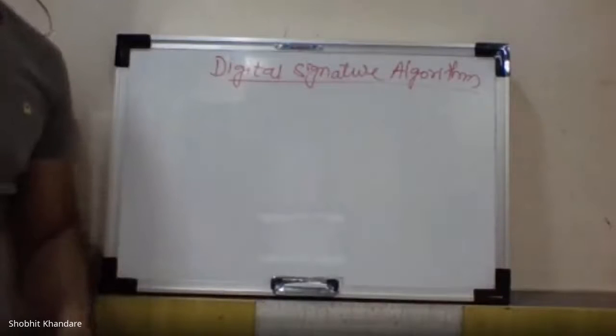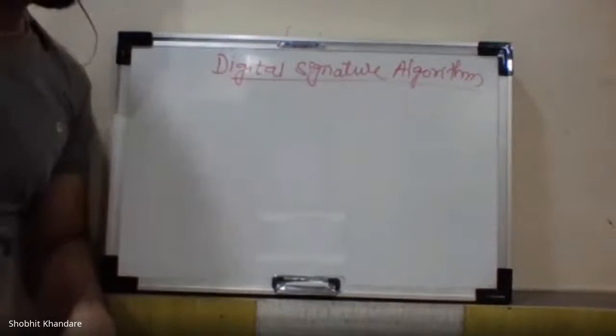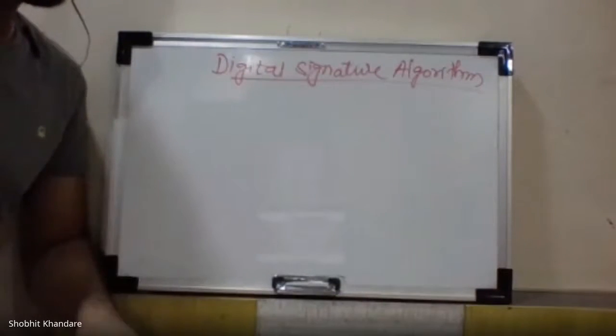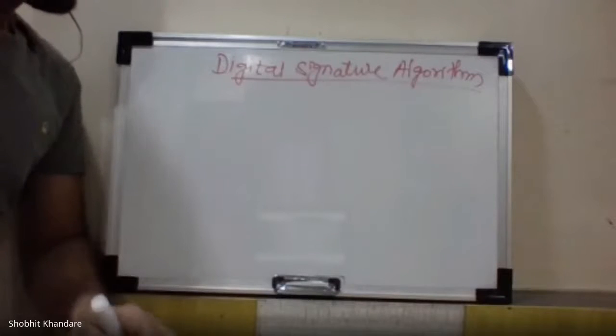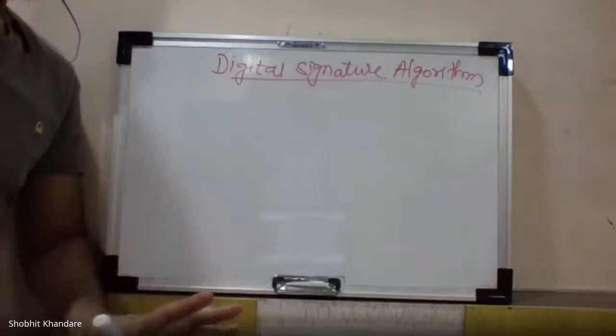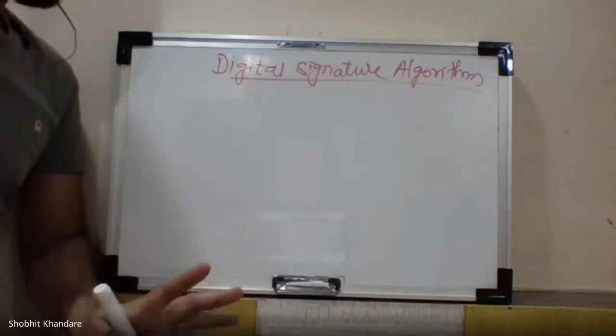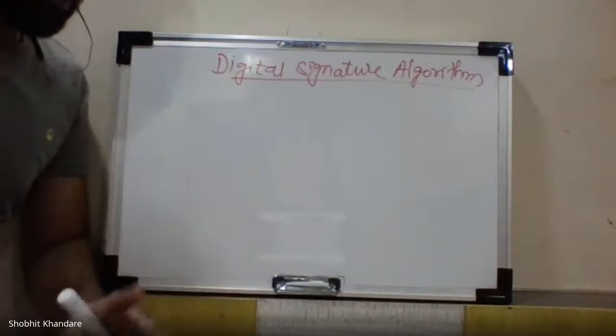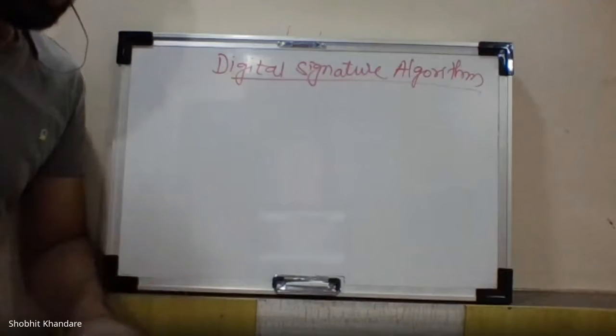So today we'll be starting with the digital signature algorithm. This is the last subtopic of this module. This digital signature algorithm is important because whatever we have studied till now will be implemented in it. In this digital signature algorithm, we have two approaches, and as far as your syllabus is concerned, we